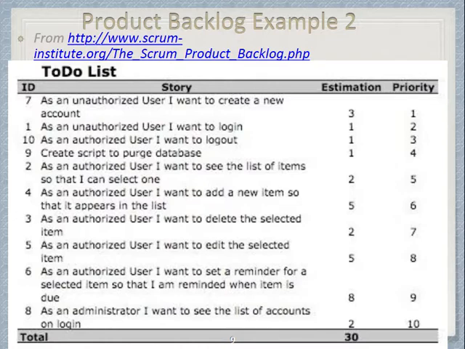Okay, this is the third example. This should be big enough for you to see. And it has an ID and the user story, which says, who am I and what am I doing? Okay, I'm an unauthorized user. I want to create an account. Let's say, as an authorized user, I want to add a new item so that it appears in the list. So it's adding an item. So this also looks like some sort of Scrum tool. Okay, and it may have an estimation on the right-hand side,